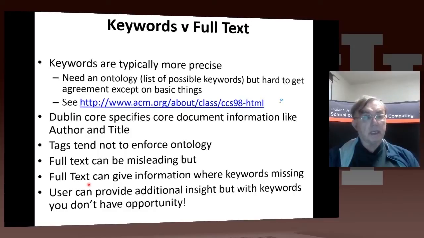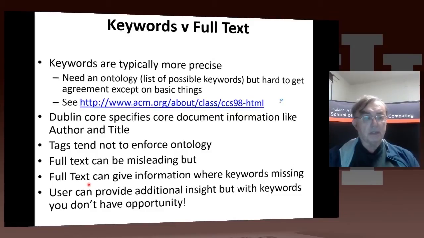Keywords are nearer what databases focus on, and full text is nearer what modern search engines focus on. Keywords are clearly more precise. The trouble about keywords is it's very hard to get accurate keywords for general documents because that has to be done by people,